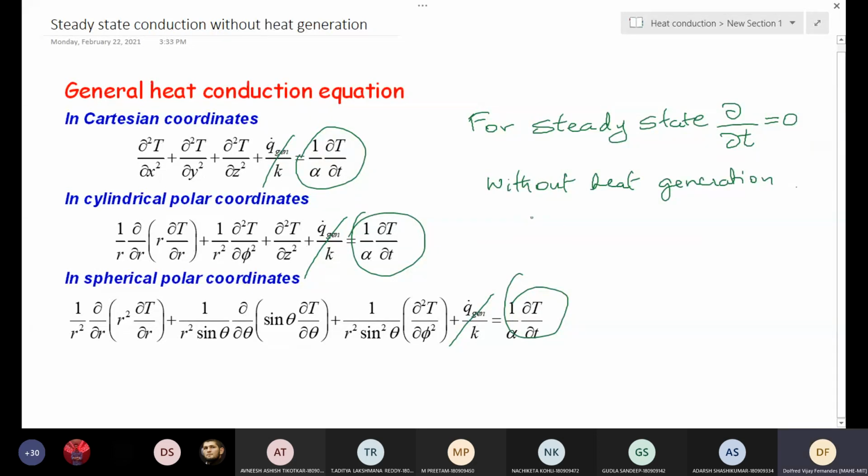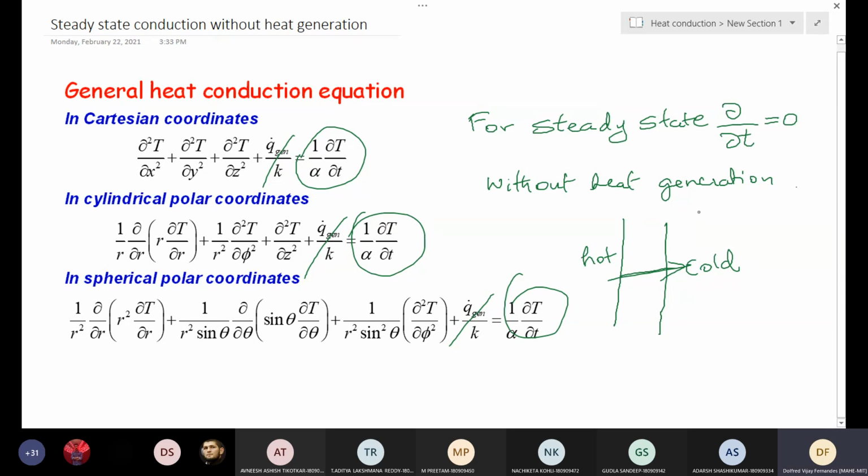And the third thing is we are considering only one-dimensional heat transfer. It's a simplified case, because if you consider a large wall separating hot and cold fluids, with a hot region on one side and a cold region on the other side, then we have heat conduction in one direction. It will flow only along the thickness of the wall. This assumption is valid for most of the wall.